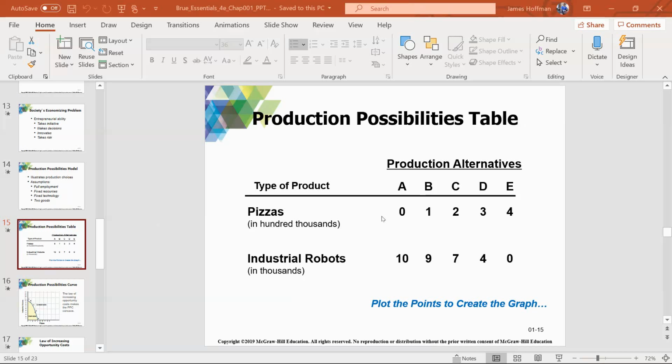Point A is the country could produce no pizza and 10 robots. The other extreme, and it helps to see this on a graph, is 4 pizzas and 0 robots. These are all the points on the production possibilities table or curve at which the country could fully produce. We'll see that if the country wants to produce more of one good, it must give up some of the other good. So if you put this on a graph, on the next slide here,